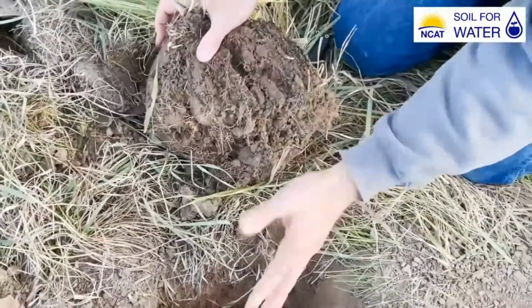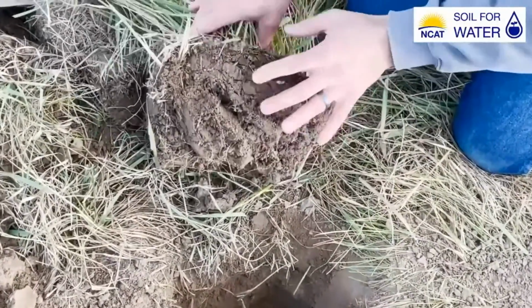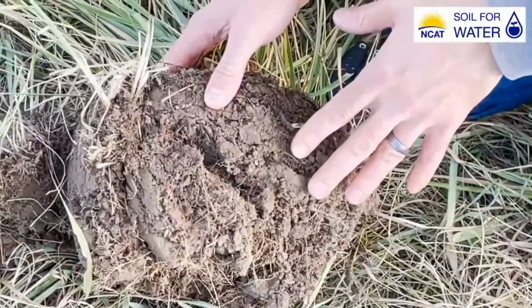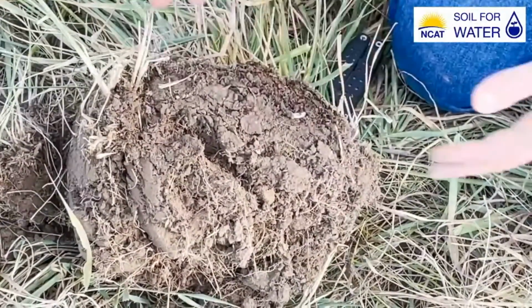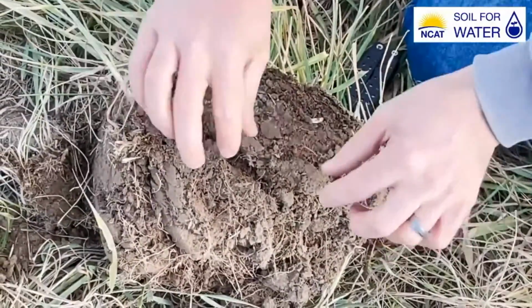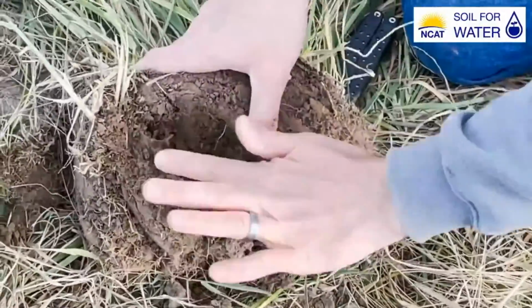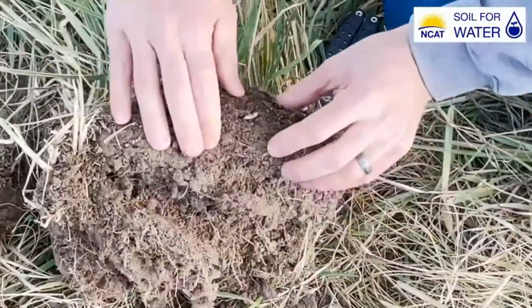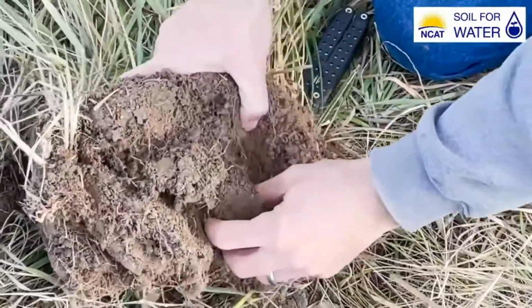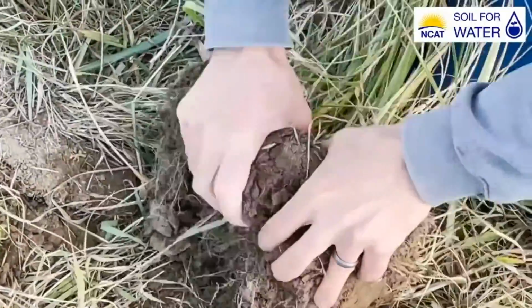Sometimes it's hard to see the structure of the soil on the side of the pit, of the hole there. So what I like to do is pop out a piece, and then I can look for evidence of compaction up on top. Now usually what you'll see is these planes, this kind of stratification, layers when you pull these out, and we're seeing a little bit of that here where you're seeing these planes break out, where you can see some horizontal lines. I'm going to take this and break it in half